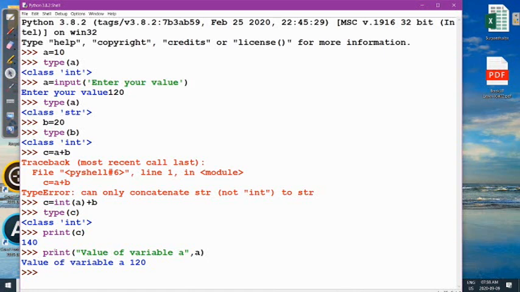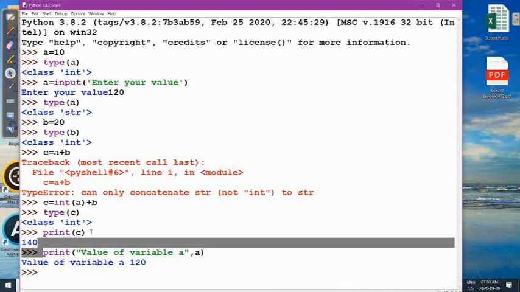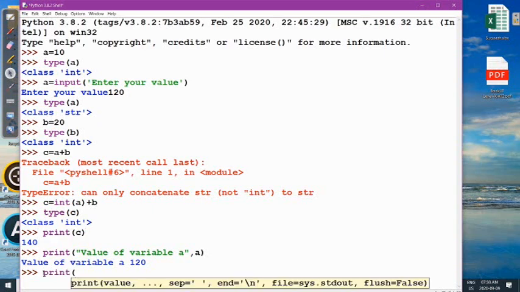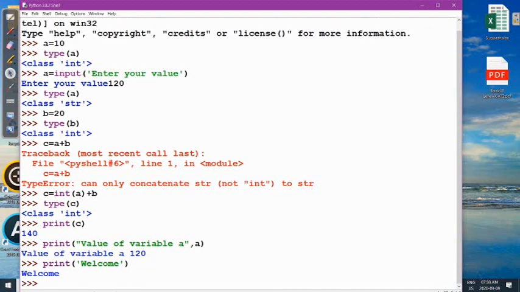So using print, you can print a single value like this, or you can print a single message, say like this. This is a single message, or you can print multiple values within print using this comma operator. So this type of printing, if you want to print multiple values using the print function, is called cascading. So cascading means printing multiple values within a single print statement.